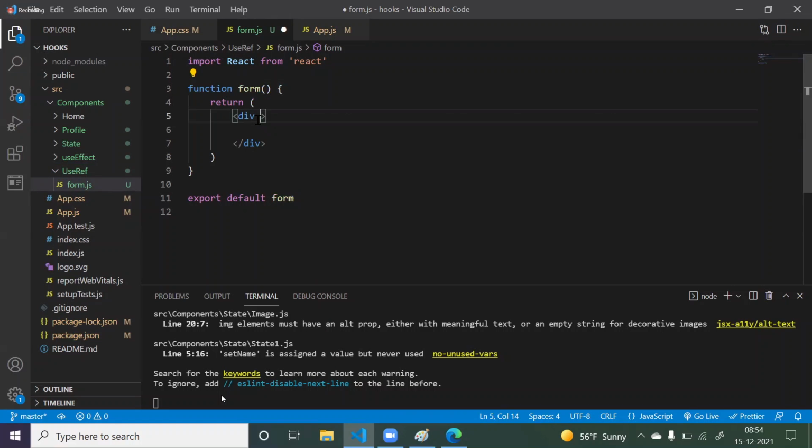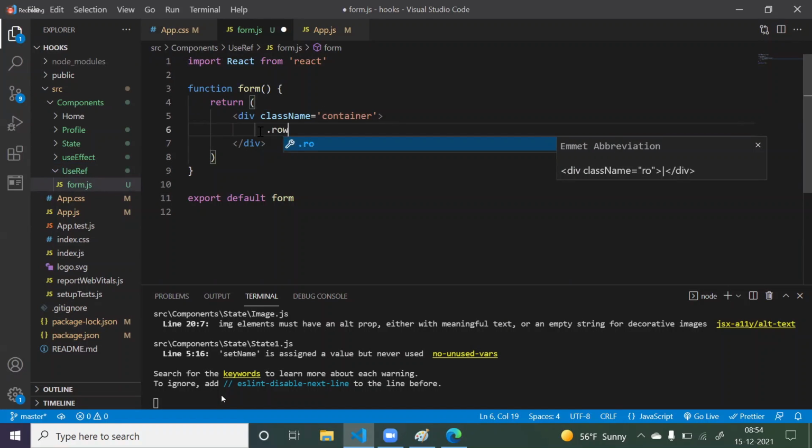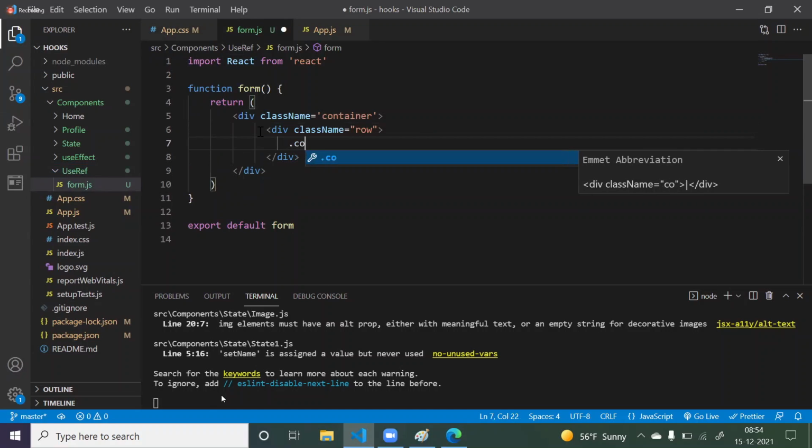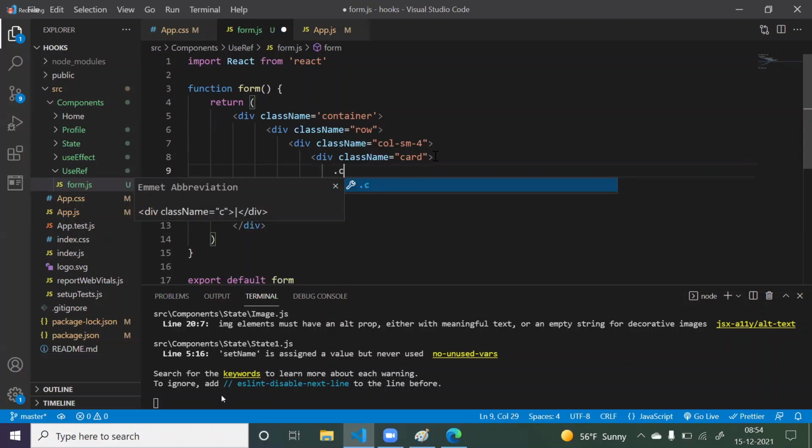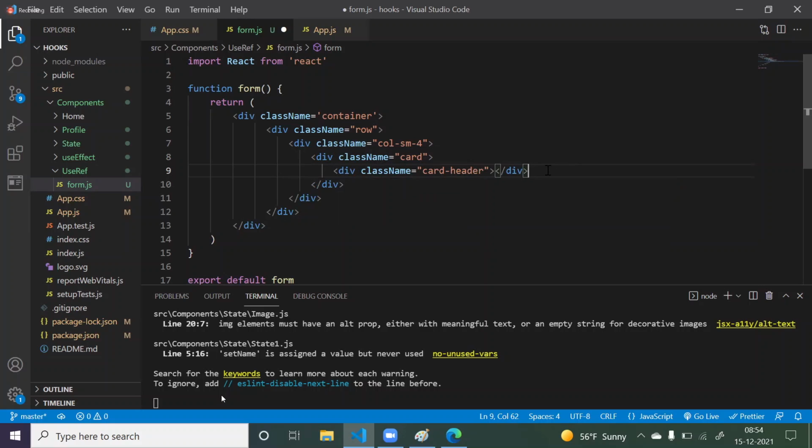Here I can take one container and one row, and here just one col. Now I want to take one card, and can I make it col-sm-4. In this card, one card header and one card body.